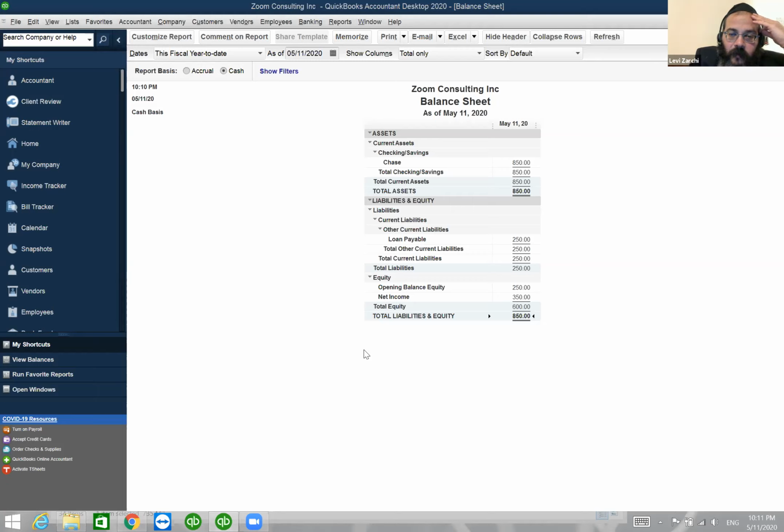Someone asks, where did I open this? Please spend a bit more time on owner's equity. We're going to do owner's equity next time in conjunction with